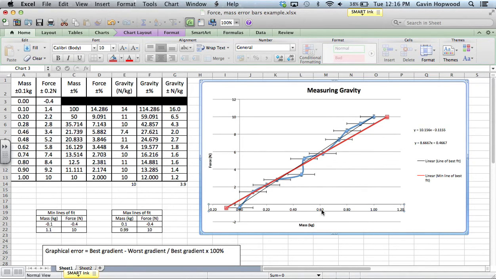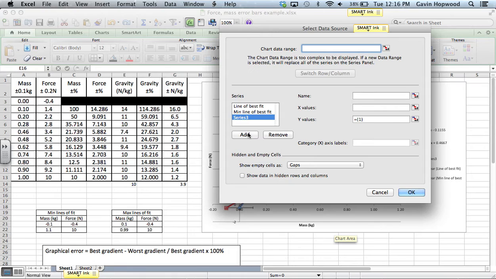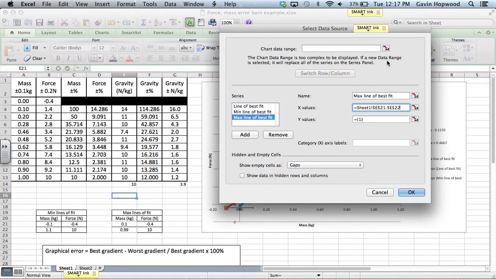Right, similarly I'm going to do exactly the same for my maximum line of best fit. I'm going to select the data, right click, select data, and add. I'm going to call this max line of best fit, and then I'm going to select my X values, which are going to be my mass values. Now you can see that my mass values have changed. I've gone from 0.00 to adding 0.1, which gives me 0.1, and I've taken 1 and taken off 0.1 to give me 0.99. So if I select these two data value points and expand,